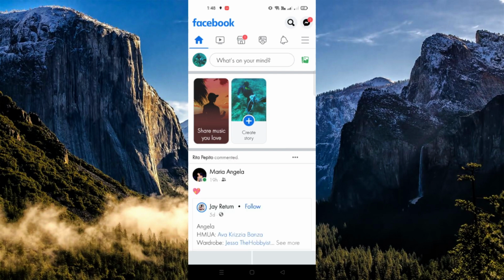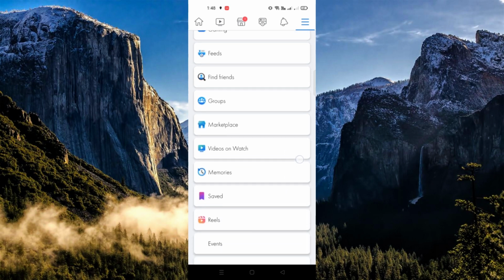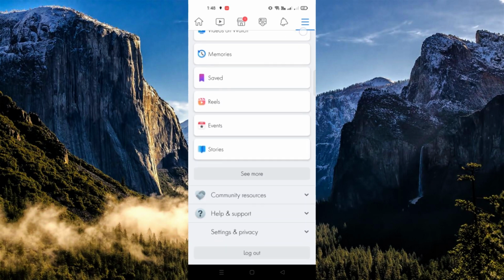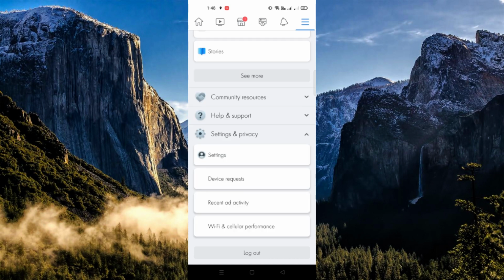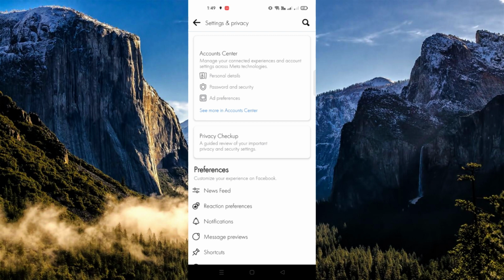First, open your Facebook account and log in. On the three bars menu, click on it and go to Settings and Privacy. When you click on Settings and Privacy, you need to click on Settings, and then it will route you to a page where